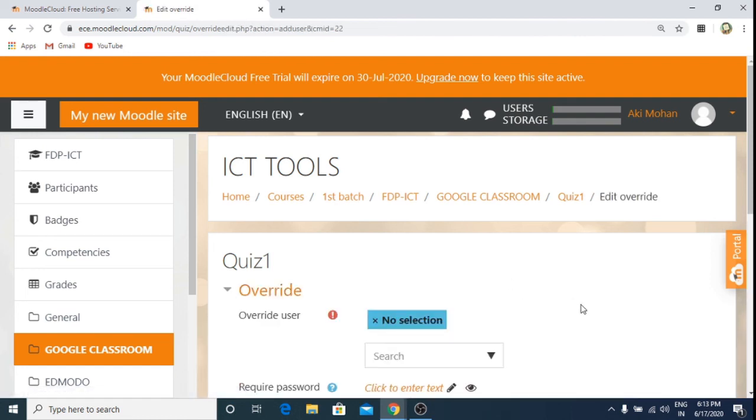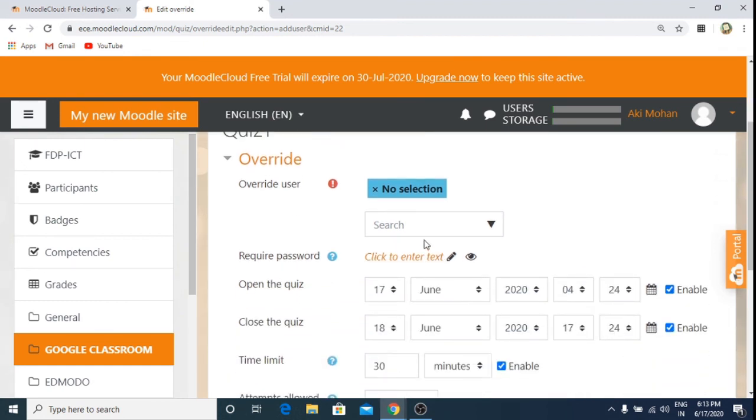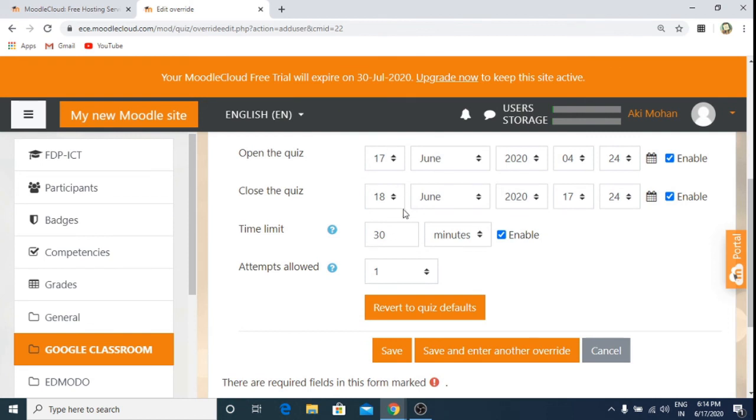Once I click on it, as you can see, here I can select the user's name, and I can change the date and timing, and once I save it, they will be able to attend the quiz even after the quiz is closed.